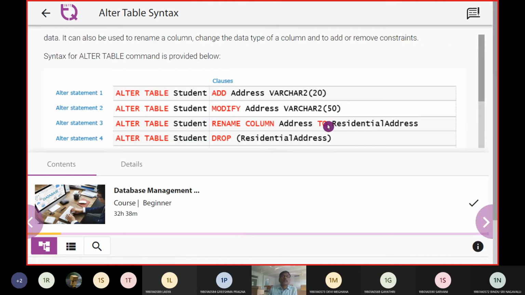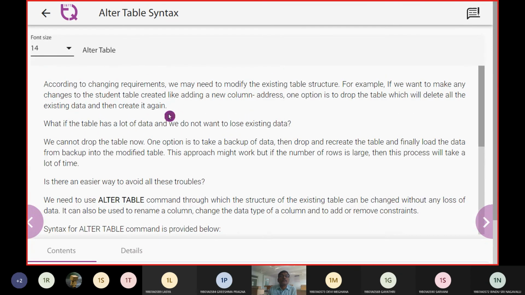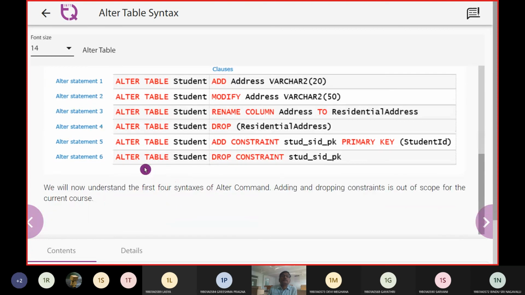As far as the syntax of alter table is concerned, we have these entities: we can add a column, we can modify a column, we can rename a column, we can drop a column. Similarly, we can add a constraint such as a primary key, or we can remove a constraint from the table.